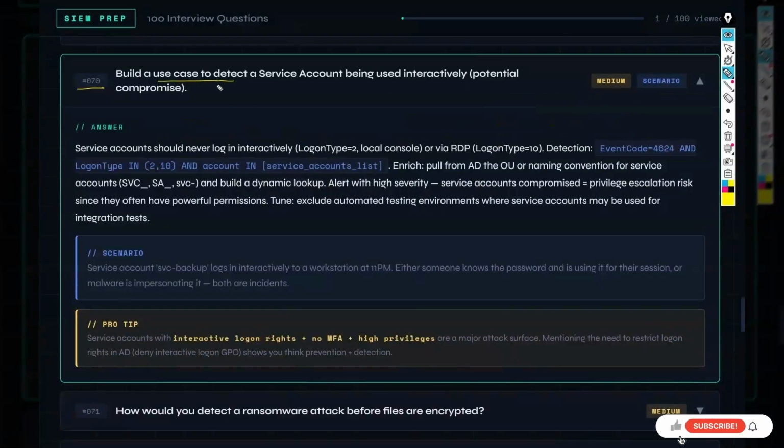Question number 70. Build a use case to detect a service account being used interactively. So this is a potential compromise. So what is a service account? A service account is a special account, or we can say a non-human account,